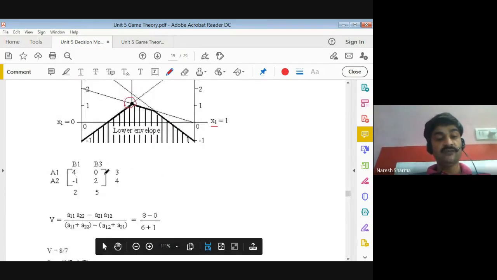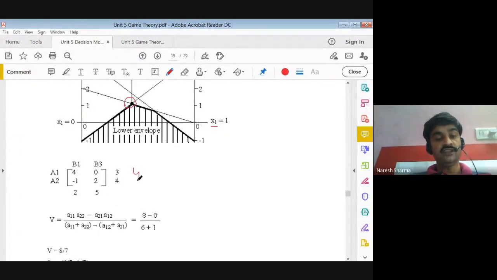So if you take the difference between these 2, it is 4. So we write 4 here. The difference between these 2 is 2 minus minus 1, which is 3. So we can change their position. After changing the position, we add these 2, that is 3 plus 4 is 7. Divide this by 7, and divide this by 7 also. Similarly here also the subtraction of these 2, 4 minus minus 1 is 5.